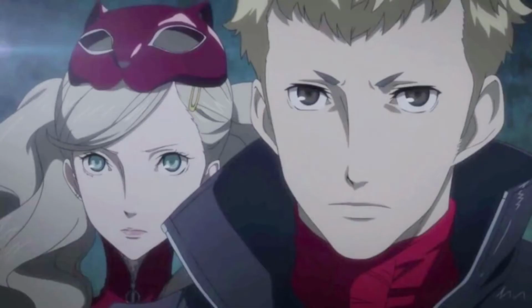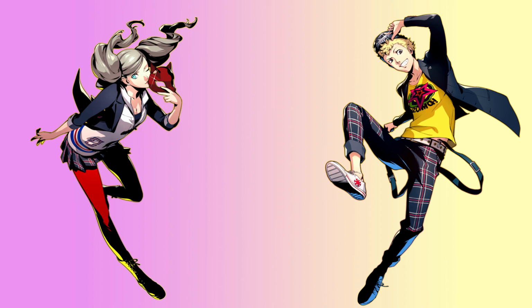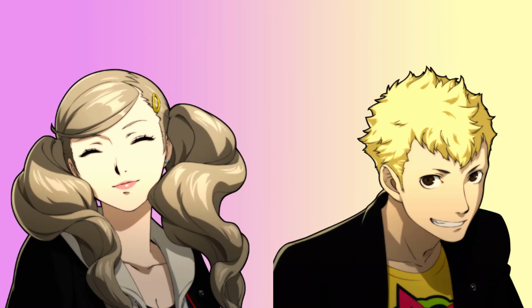I have very similar things to say about Ryuji and Ann, so I'm going to pair them together for the time being. These two are probably the most blatantly out of uniform and out of place looking members of the Phantom Thieves. I think it's important to make note of something that isn't their clothing first, and that is their hair. They're both blonde. Of course, Ann is naturally blonde, while Ryuji's hair is bleached, but I think it's interesting